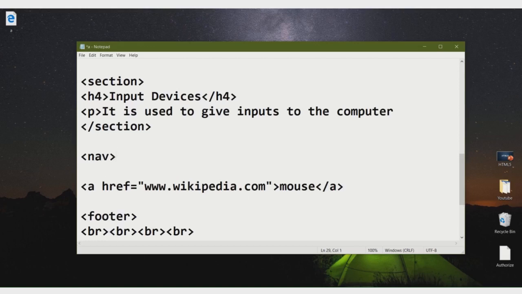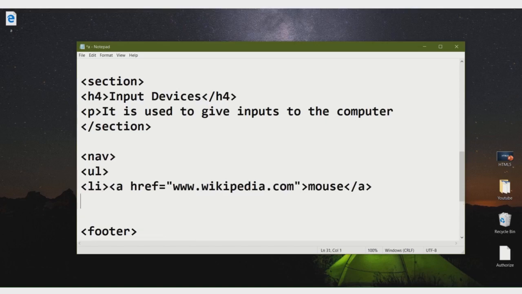At first I am writing here a bulleted list, just creating a bulleted list. So UL means unordered list you have to write, and then LI, then mouse, and different input device names I am writing here using these tags.